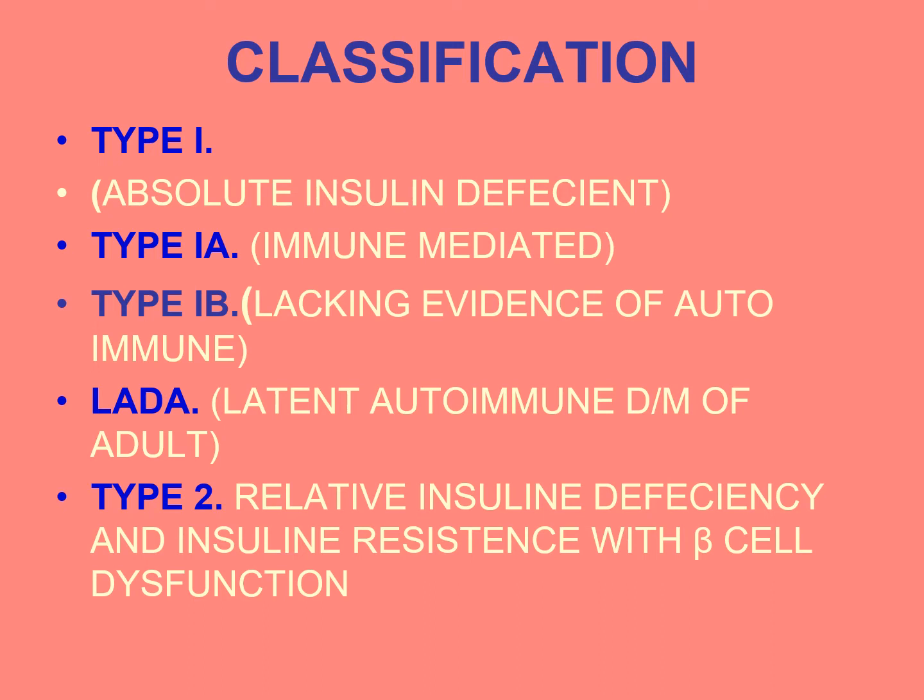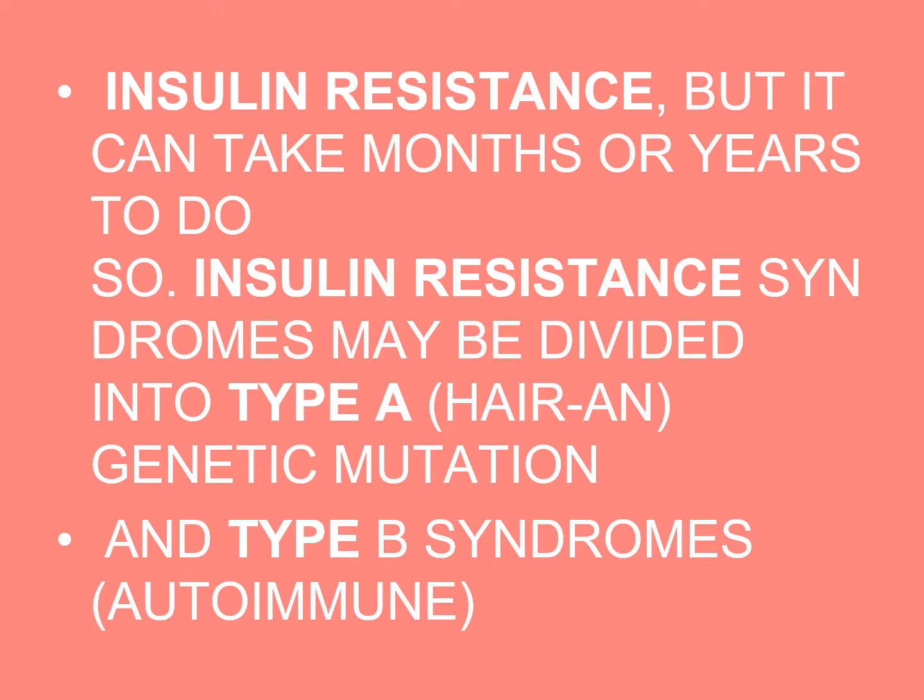And the type 2 is because of the relative insulin deficiency and insulin resistance with beta cell dysfunction. This is one of the most common forms in the adults, and remember that it is characterized by two things: both insulin resistance and beta cell dysfunction are there. What is meant by beta cell dysfunction we will explain in a while. The insulin resistance, what is meant by